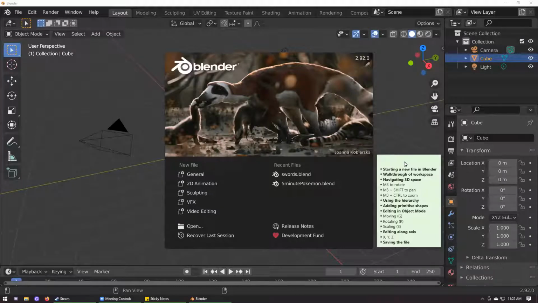Blender, and we're also going to look at the basics of adding primitive shapes and how to manipulate